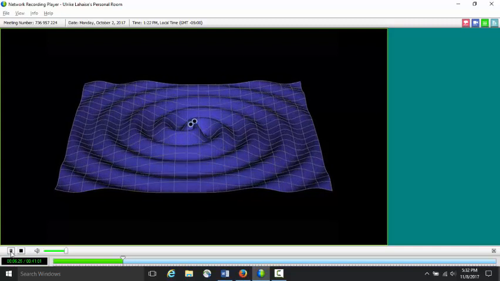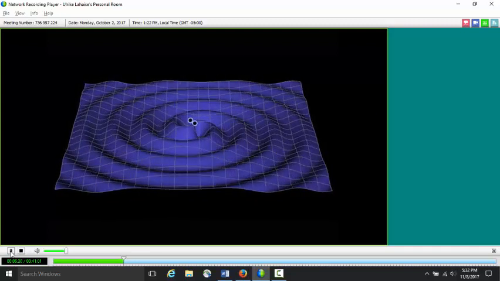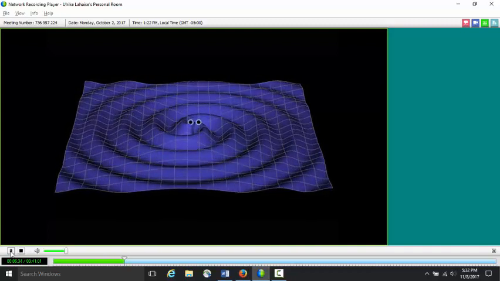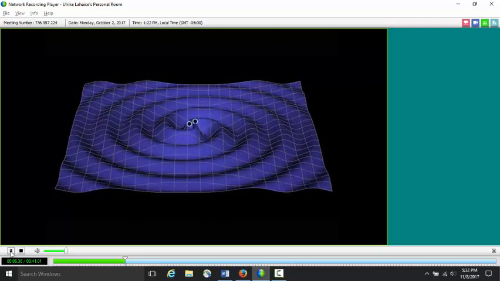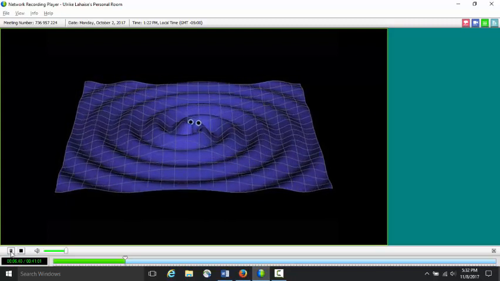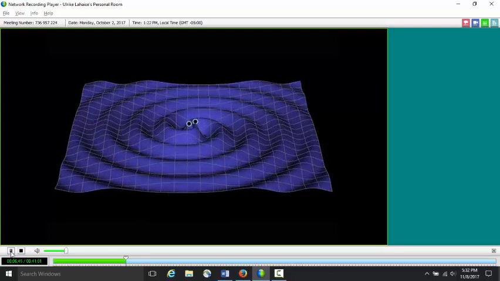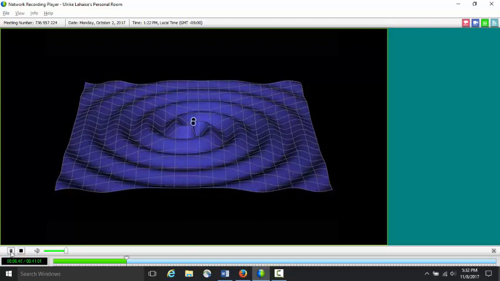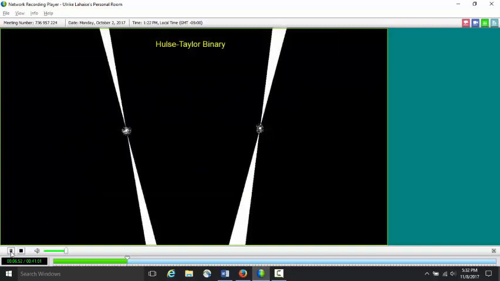Now, this shows waves propagating in a two-dimensional surface. Space is not two-dimensional, it's three-dimensional, but it's more complicated to show how it propagates in three dimensions. But you get the idea. Waves are spun out, or radiated out through space when objects move. And the fact that this happens was verified in the 1970s with the discovery of a binary